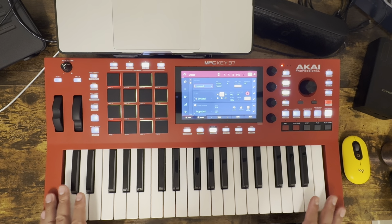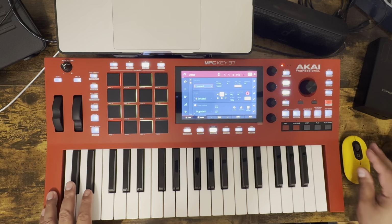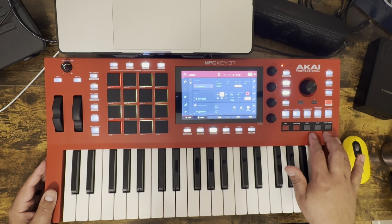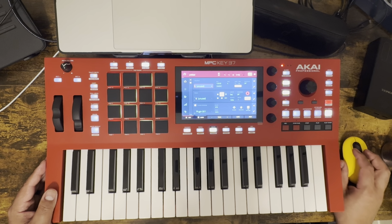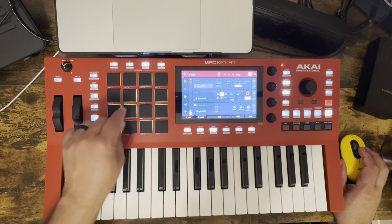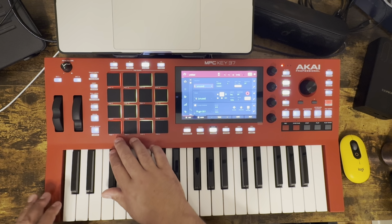But I know right now this is a good controller for me. I don't know how much I can program. I know the wheels will work. Maybe the transport will work. Obviously, I can use the pads and different things. But what's cool about this is the pads